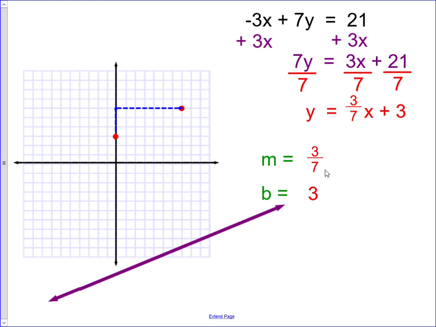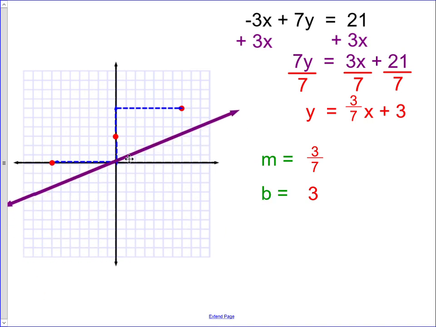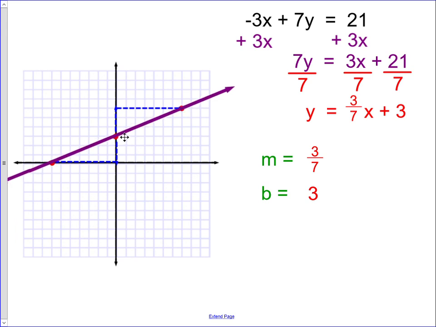But if I make both of these negative, remember a negative divided by a negative is still positive, so if I make both of them negative, it's still a positive slope. So in other words, I can go down 3 and 7 to the left, and I'm still going to be on my line. So now it's just a matter of drawing my line through those points,